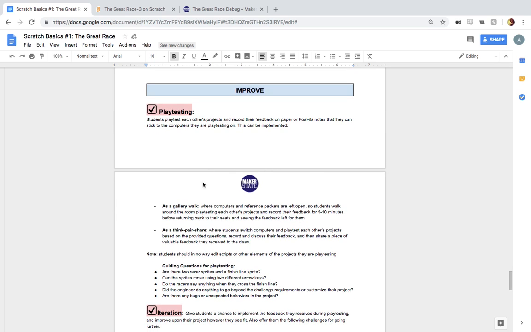So you have more details for how to do that play testing session down here in the lesson plan, again under the improve phase. So here we talked about the gallery walk or the think, pair, share. So you can read through this and look through these guided questions for play testing if you need some more prompts on how to administer that play test. Okay, and then